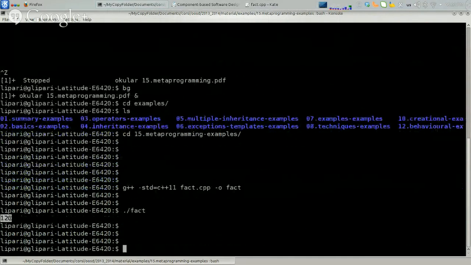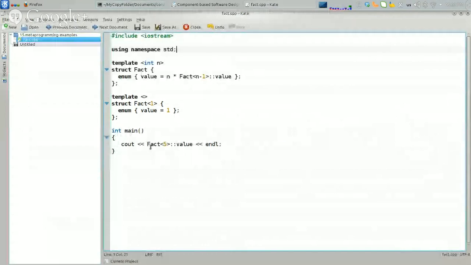So the result is 120. It's important to understand that this result, 120, is computed by the compiler. So there is no actual computation done at runtime here. The compiler substitutes the actual value, so 120, computed by itself. So if you put something, of course, larger, the compiler will